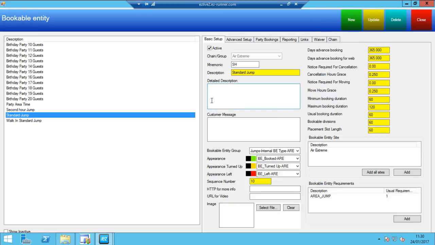the best way of doing it is to clone something that already works. So what we'll do is select our standard jump, which we're happy works, hold down the control key on the keyboard, and press the new button. By doing that it clones it. So it clones all of the days advanced booking and days advanced booking for web. It's got our minimum and maximum duration, which we're happy with, and it's also got all the colours